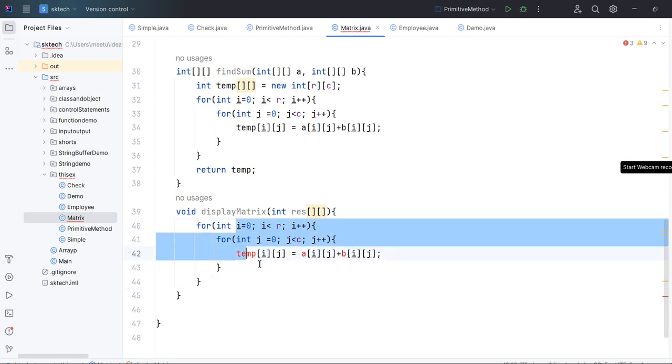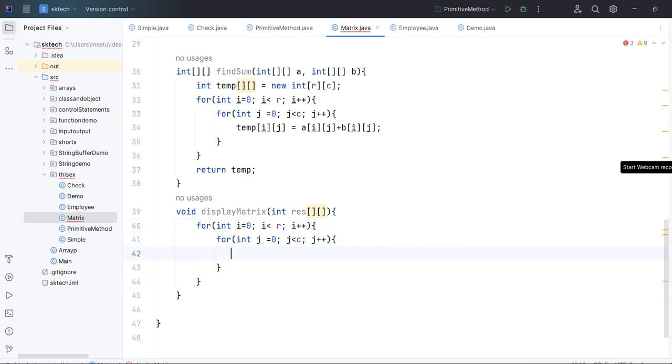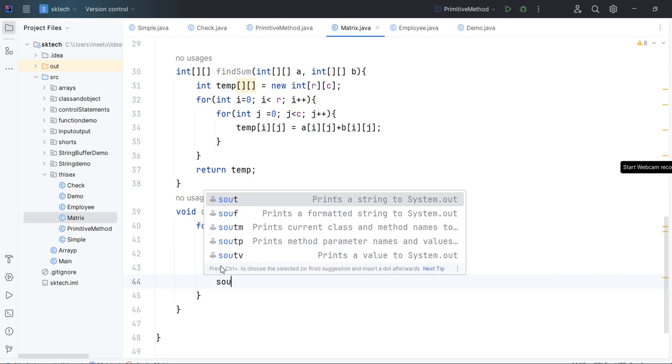So how can we do it? Here we can write some logic. These two for loops will be the same, but only the printing statement would be different. Let's say System.out.print and then result of i and j, and let's say after printing each value we are going to provide some tab space so that it displays in a formatted way, right? And after each iteration we want to put it into the next line.